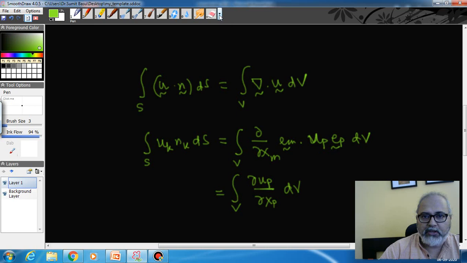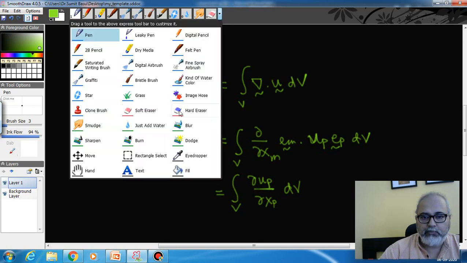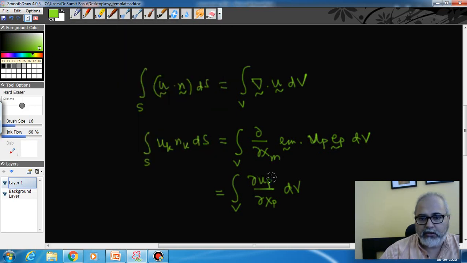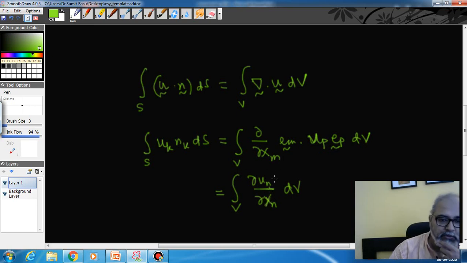And what I can do is not use p here and use n here, right? So this is what I can do. The p was a repeated index, so I could have used n. No, I have used k on the left hand side, so I can use k here. Okay. So now, if I'm given this relation,